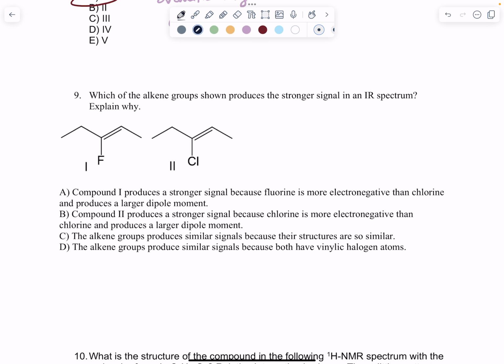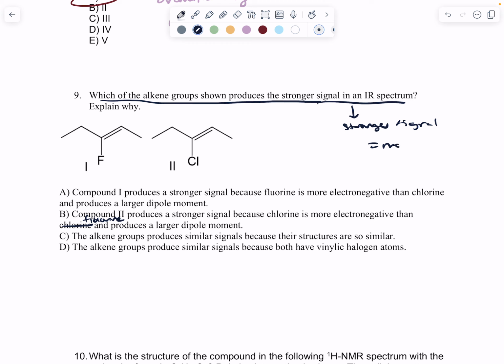Which of the alkene groups shown produces stronger signal in an IR spectrum? Well, one, there's a mistake. This second should have said fluorine. Okay, so the first questions that I ask when I look at these is I'm looking for true statements, and I'm also looking for accurate explanations. So when this question says, which of these shown produces a stronger signal in an IR spectrum, I'm thinking stronger signal